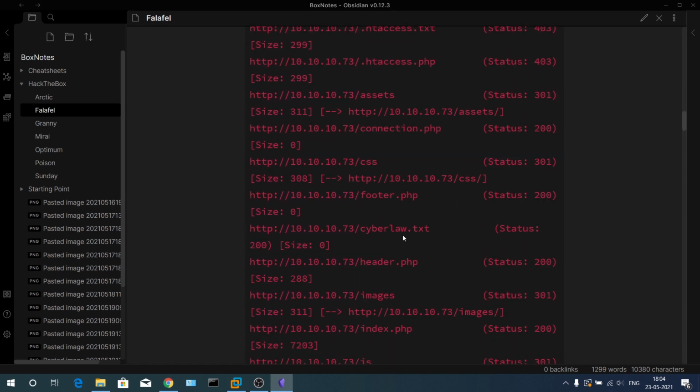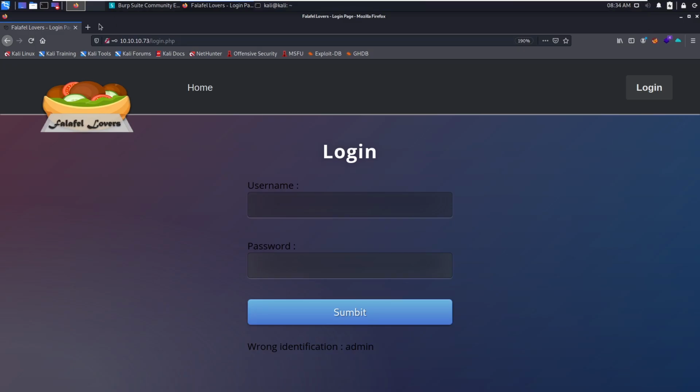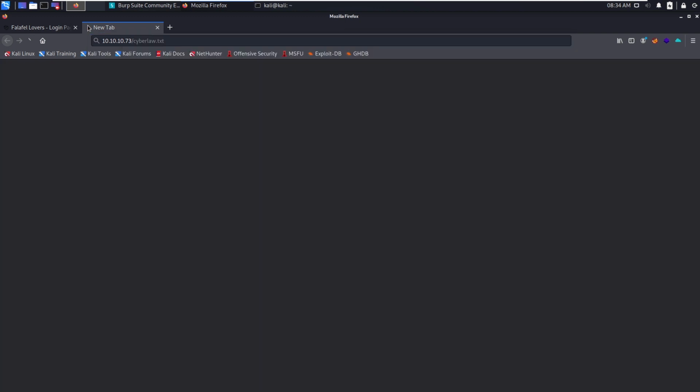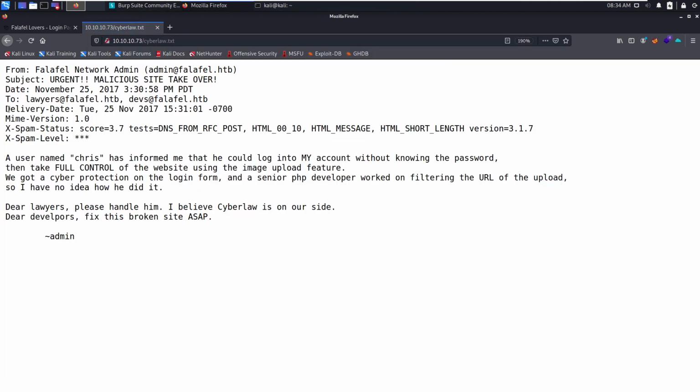Interestingly, we have only one file, that is cyberradar.txt. If you go to that, there is some information from the administrator: urgent malicious site takeover, two lawyers. Okay, falafel.htb, that could be the domain.